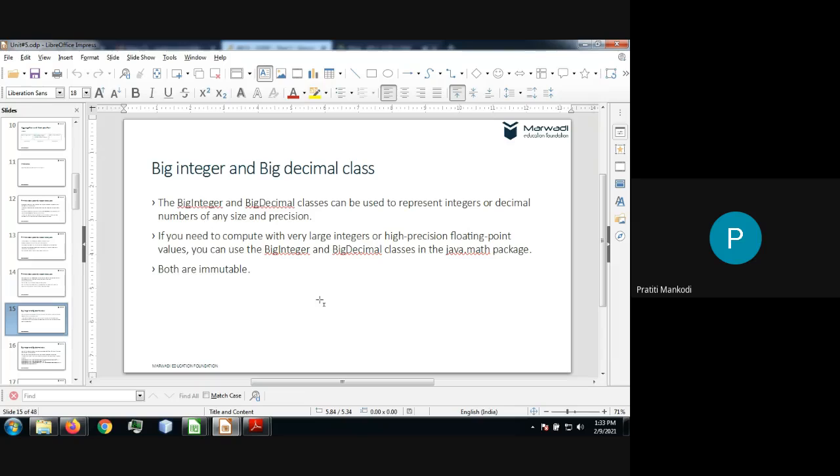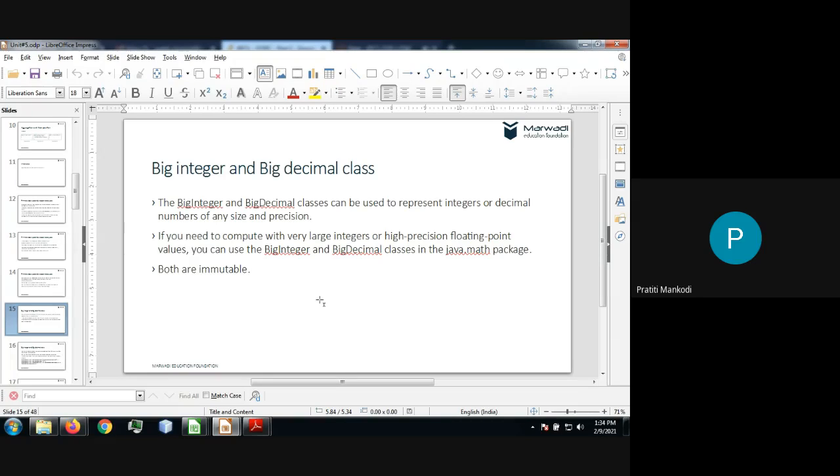So similarly, as you have wrapper classes, you have two other classes available in Java, called big integer and big decimal. See, integer has its range; till some numbers you can store inside an integer, till some numbers you can store inside a float. Every primitive data type has a range, right? Beyond that range, you cannot store the value. Now imagine you want to store a very big value. It is not possible for a normal primitive data type to store that value.